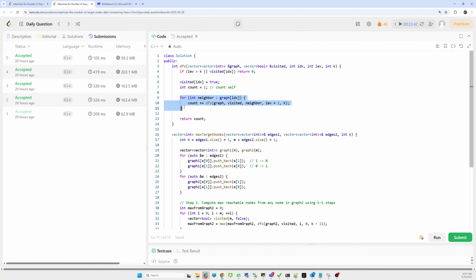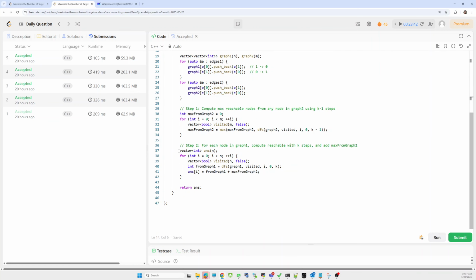After that we iterate over its neighbors and call the DFS method for them, and update the count with whatever we get, and in the end we return the count. Simple DFS approach.